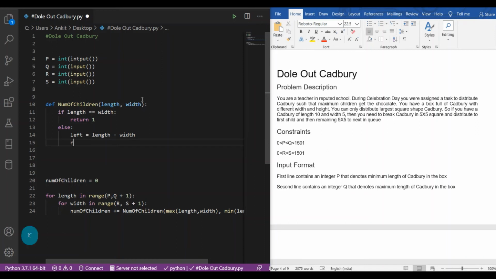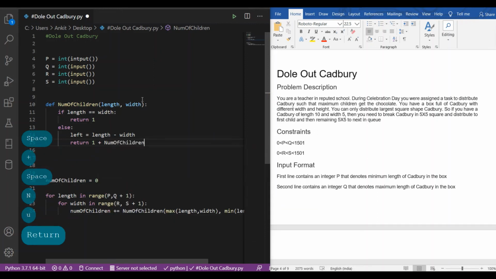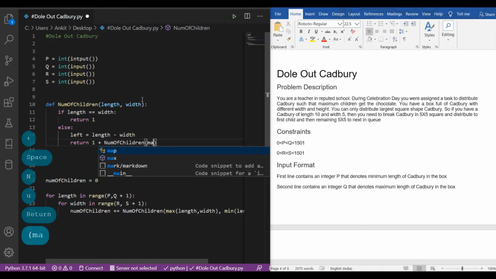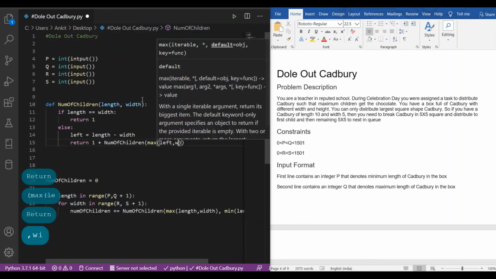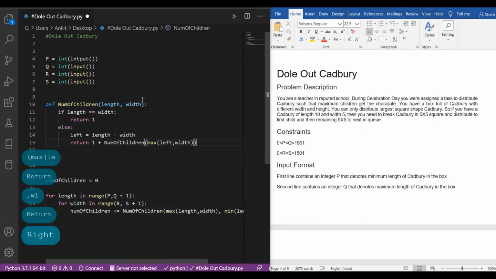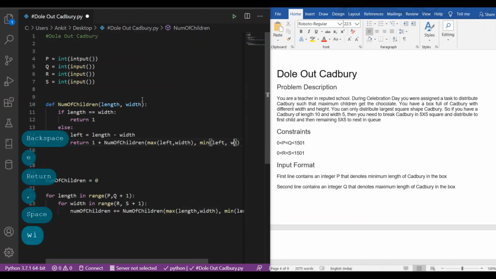So after that we will return 1 plus, and we will again call the function, passing the maximum of the left part of the length and the width, and the minimum of the left part or the width.